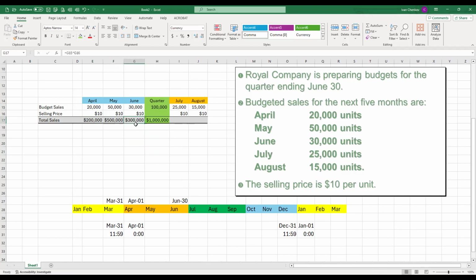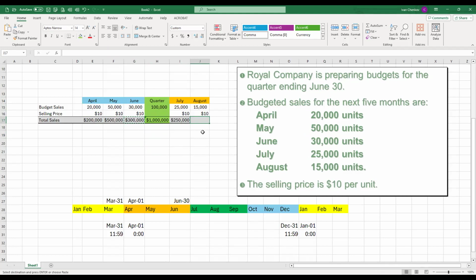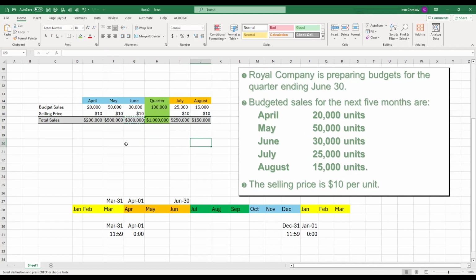In July, my sales will be 250,000, and in August, my sales will be $150,000. And I'm done with my sales budget. That's how difficult it is to get your sales budget. That's what you have to do on your